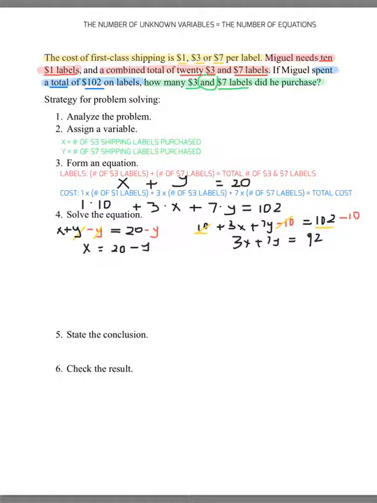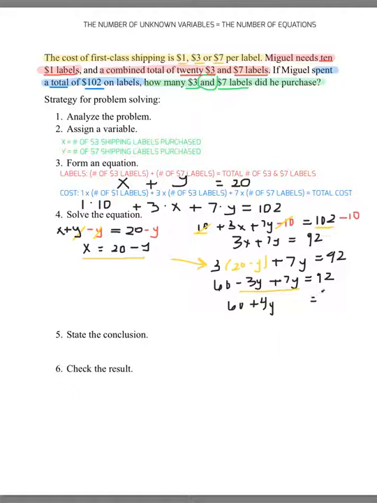So now what we're going to do is substitute this into the second equation in the place of x. So we're going to have 3 times x, which is now going to be 20 minus y. We're going to add to that 7y, and it's going to be equal to 92. So now distributing the 3, we're going to end up with 60 minus 3y plus 7y is equal to 92. We can combine the negative 3y plus the 7y. A negative 3 plus a 7 is a 4, so it's going to leave us with 60 plus 4y